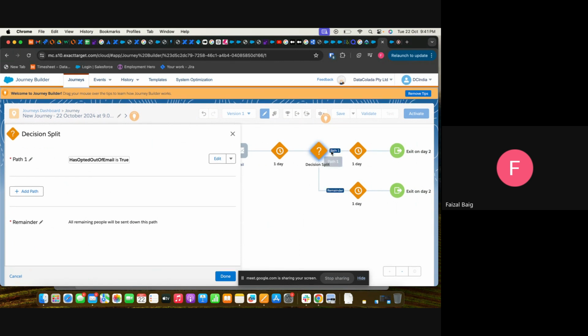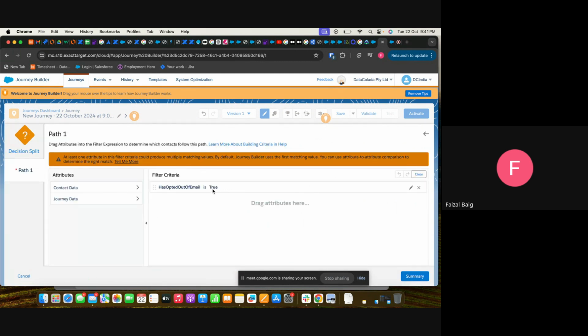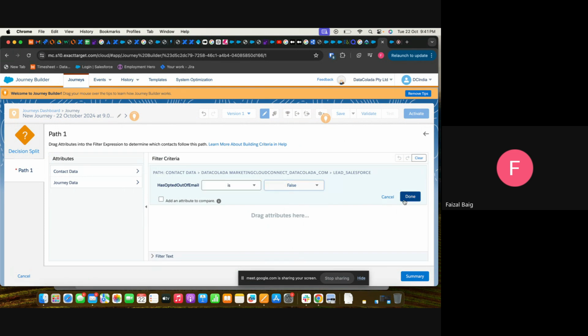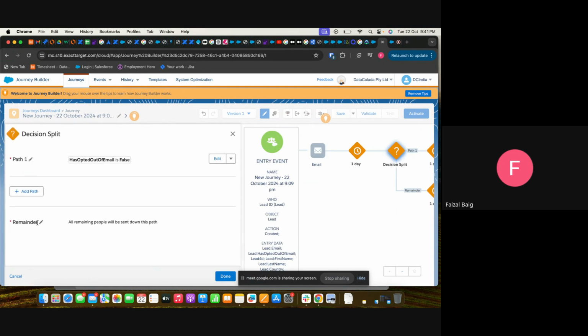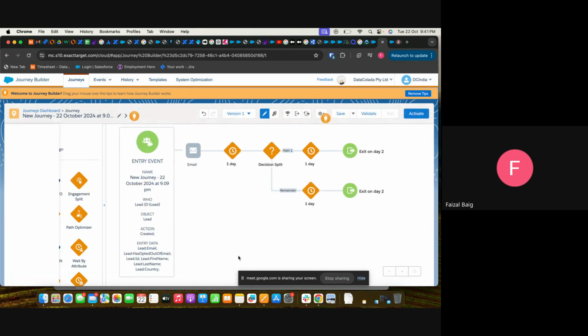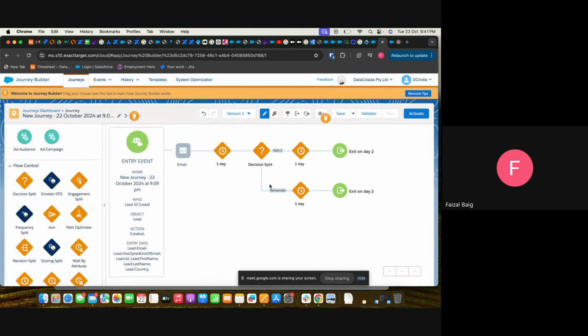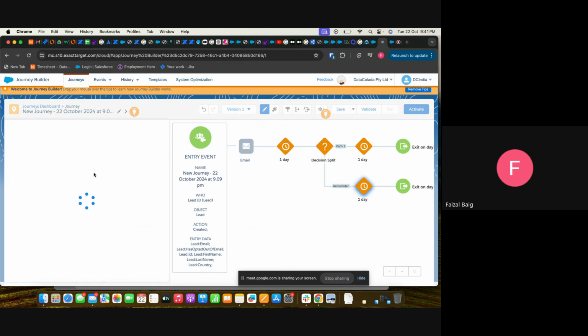But if I want to continue the journey, I can add that if has opted out equals false, then it should continue. And the rest, meaning has opted out equals true, will be sent down. So all remaining people will be sent down this path. Where? Here. Okay, within 1 minute.